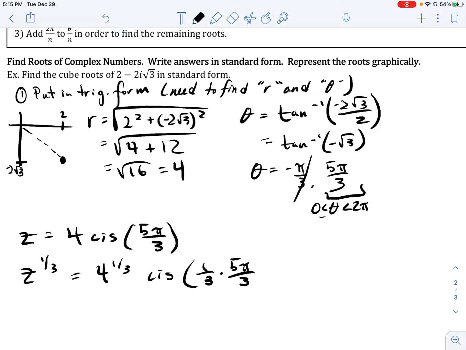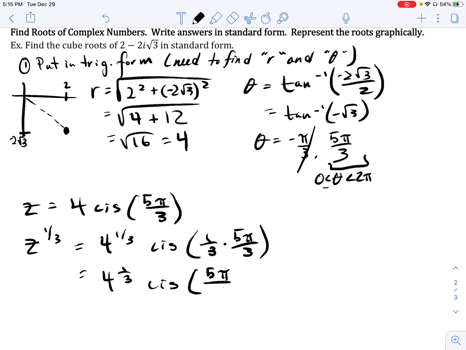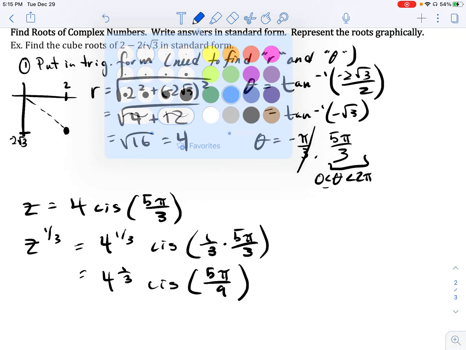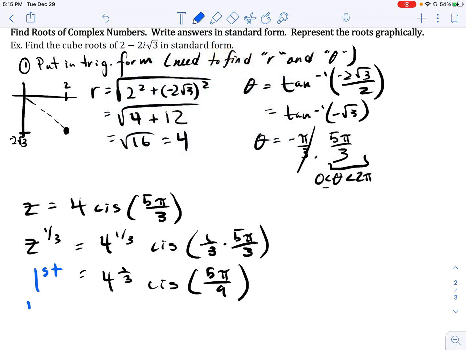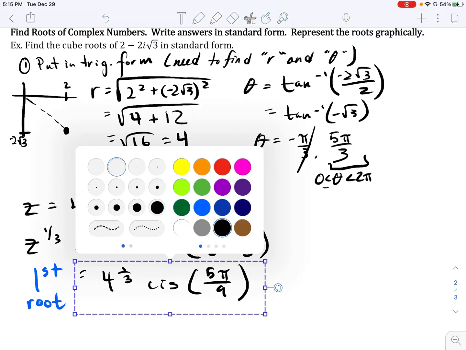Let me actually just pause here. So this is our first angle, just because I don't want to get too far ahead of ourselves. So this is going to be the cube root of 4. So I'm just going to write this as 4 to the 1/3 CIS, and this is 5 pi over 9, okay? And I'm going to label this here. This is our first root here. And let me actually just highlight this in blue just to make sure that we understand this is our first